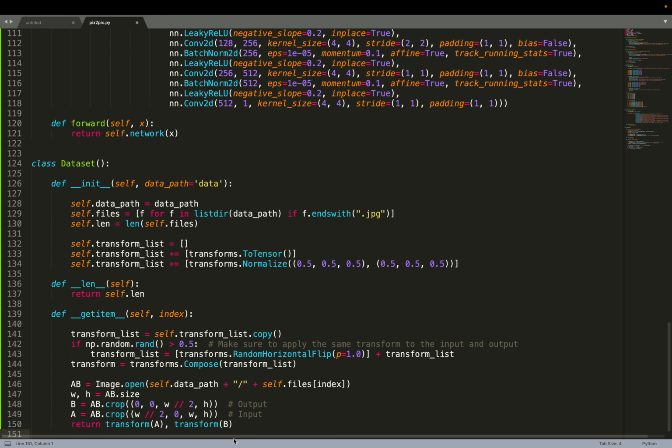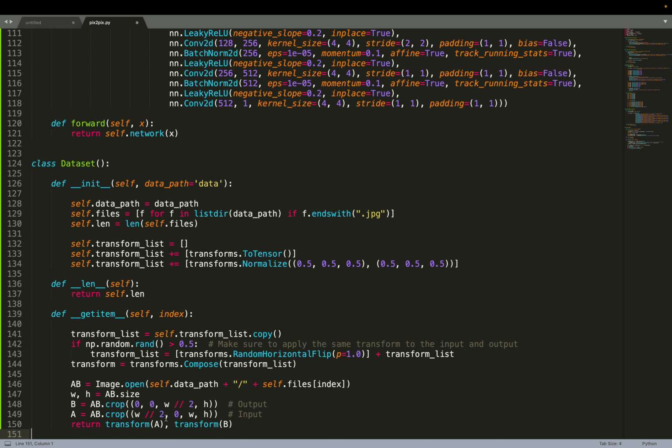Okay, so basically here we load the images. The way this dataset, the one we use in this tutorial, is labeled facades, the way those images are encoded in the dataset, labels and images are on the same image. So basically that's a horizontal image, where you have both images on the same image. So we load AB, so that's a single image, and then we need to split the image in two, the B part and the A part, so input, output,